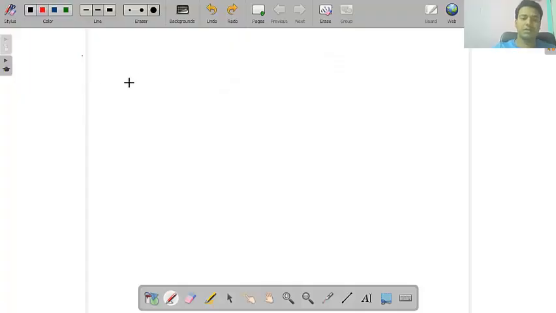Hello friends, in this session we're going to see how many ways we can create an object of a class. There are so many ways to create an object of a class, but we are going to discuss here the six most common ways. The first one is the normal one, by using the new keyword,